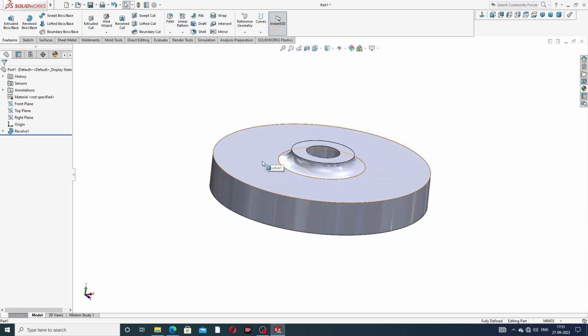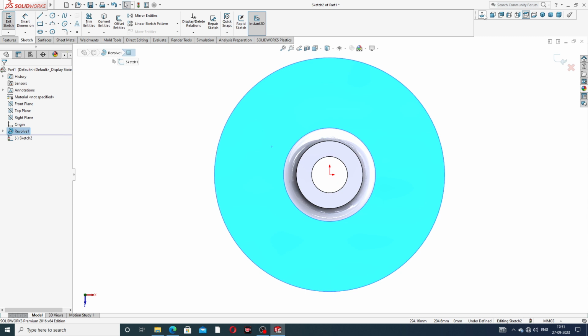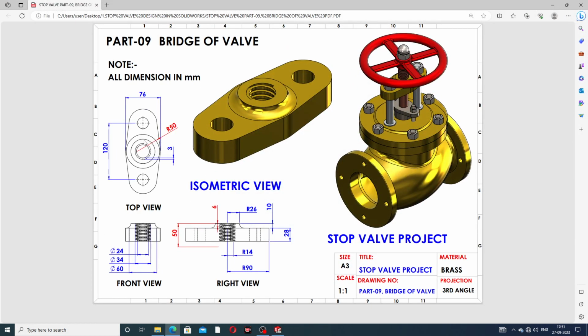Again select this face, sketch normal to, and again draw this body. This height is 120 millimeter, this is 76 millimeter, and this is very, very important.